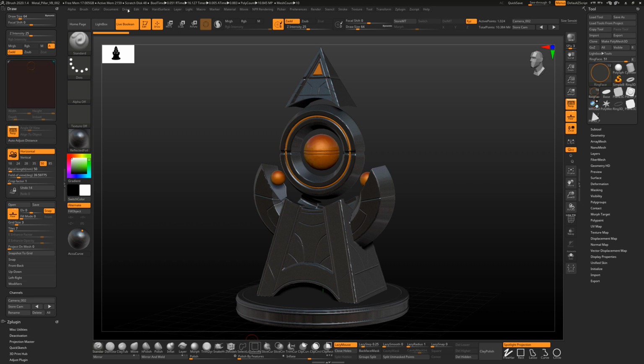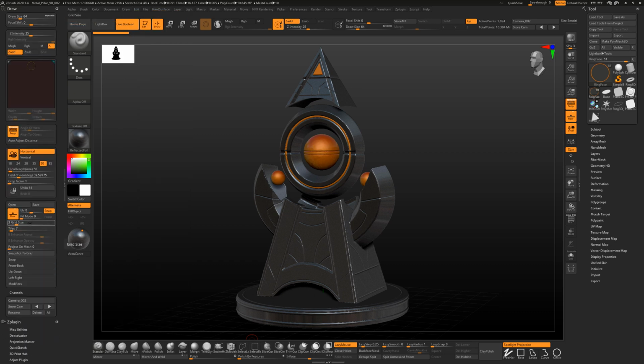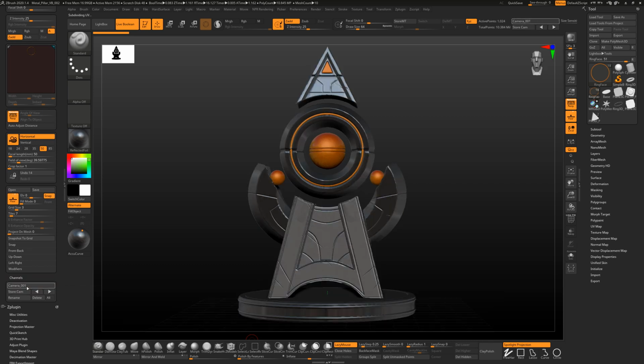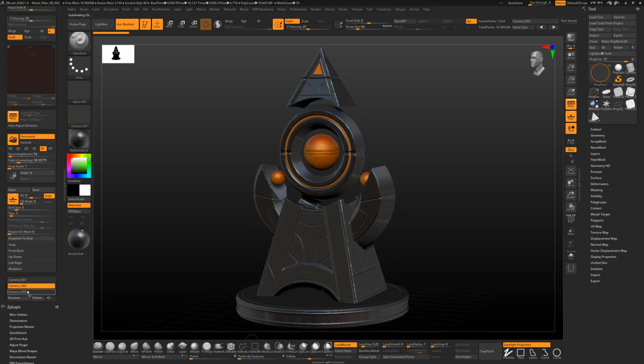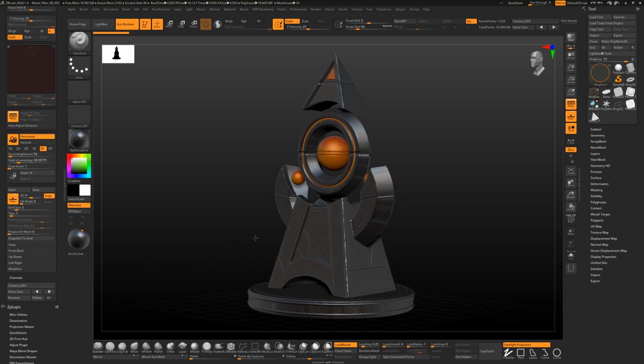So what we're going to do is go to Draw and then click and drag this over to this part of the interface, and you can see that we've got these different cameras at the bottom down here. I've got a camera 1, a camera 2, and a camera 3 already pre-set up for this. If you want to set up a new camera, just go ahead and position the thing where you want it,